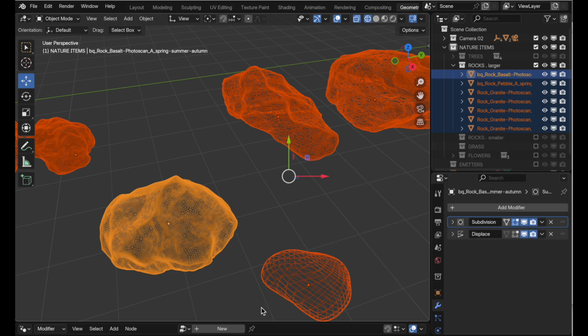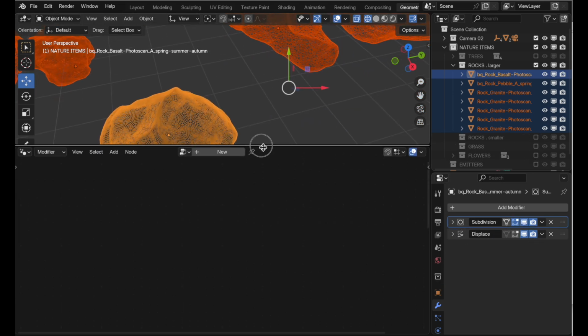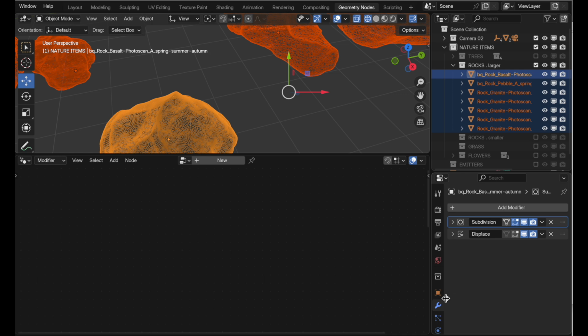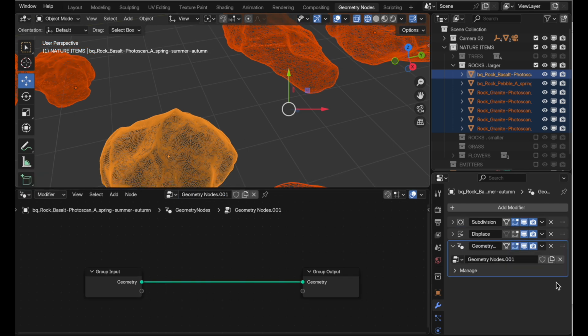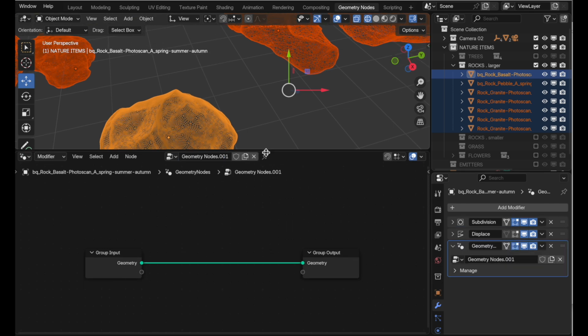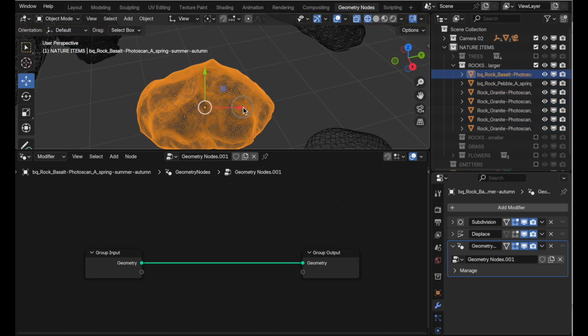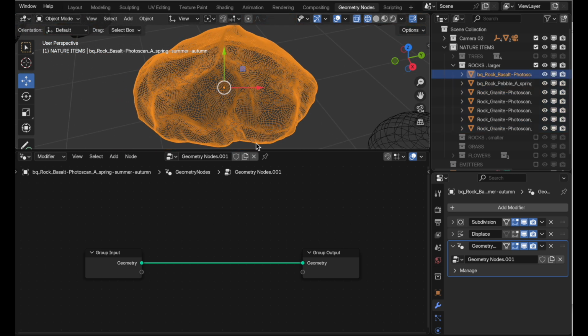So let's bring up our geometry node editor panel here, and we've got our modifier stack. Geometry nodes is just a modifier that gets added to the stack, and we want to come in and create a new one, which you can see appear down here. Let's zoom in just to the one that we're editing, and we've got an input and an output. And the input is the geometry as it currently exists, and nothing is happening, and so it outputs the same geometry for the display. And what we want to do is figure out a